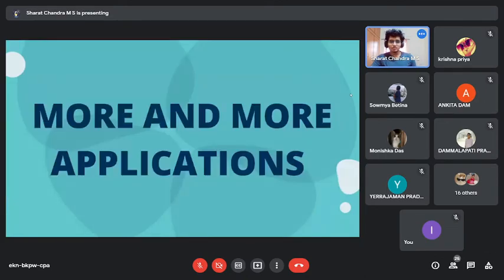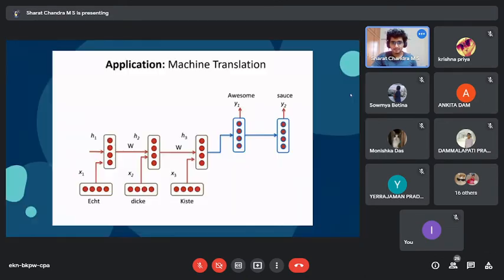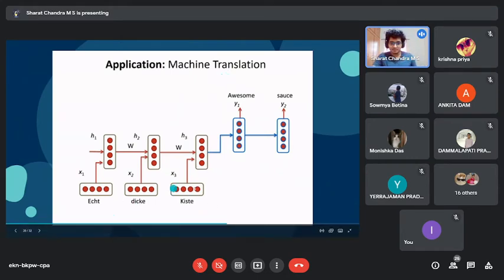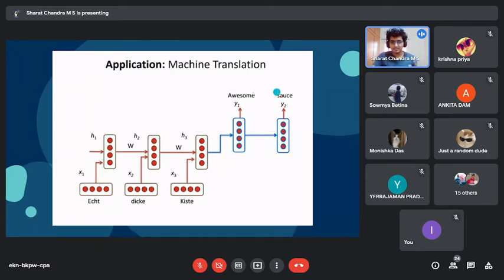And let's come to the applications part. So this is machine translation. These LSTMs are used in machine translation. This is probably German, I guess. Now this is translated. If you can see, the first observation we make is the input and output are not equal. This is the superpower that regular neural networks don't have. This can have any number of inputs and any number of outputs,